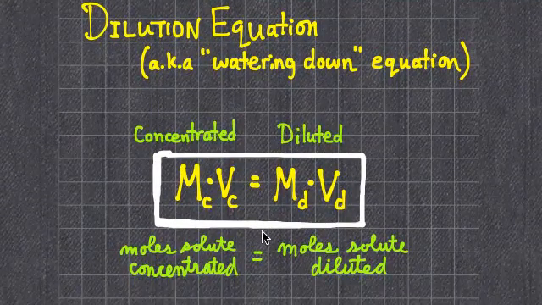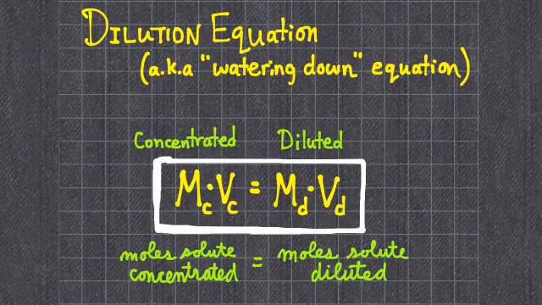And also a similar equation I call the dilution equation, and it's called M1V1 equals M2V2, or MCVC equals MDVD. C stands for concentrated, D stands for diluted. So if I have a molarity and a volume of certain aqueous reactant in the laboratory, and I want to water it down, could be an acid, could be a salt solution, I just